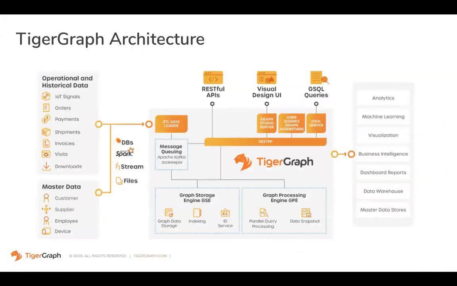Now let's look at the architecture itself. How do we accomplish this? If you look at our architecture, we acknowledge that TigerGraph is part of an ecosystem. There are other systems that are there. So we allow an easy